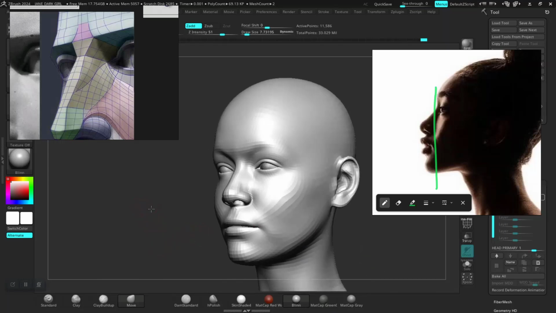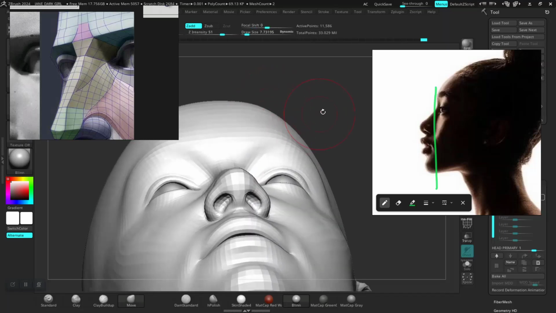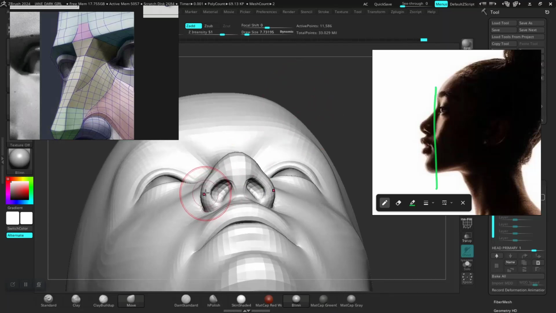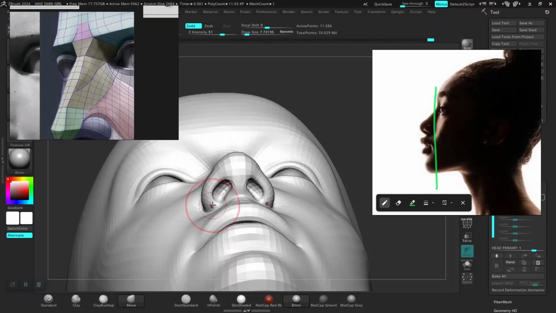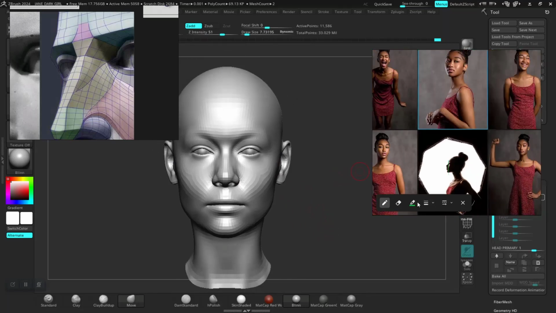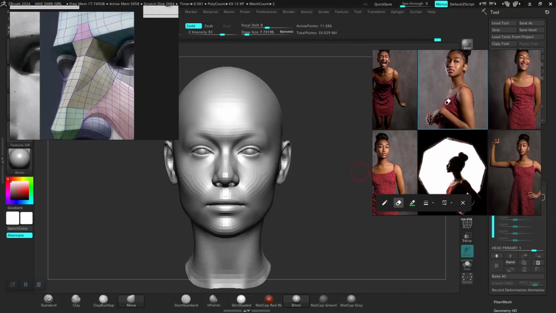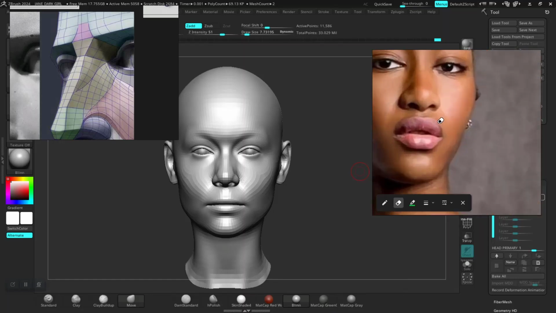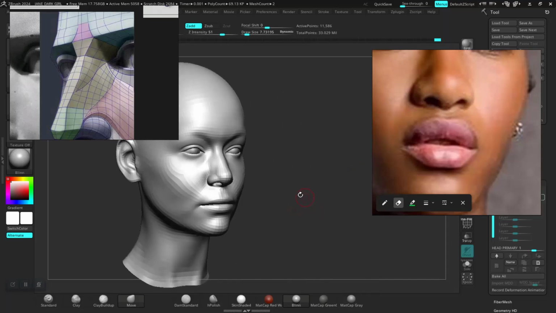Just trying to figure out the size of this nose. Get this on this angle. Let me push this down. Let me erase that. Look at the nose again. Oh, I think this looks good enough for the nose, except